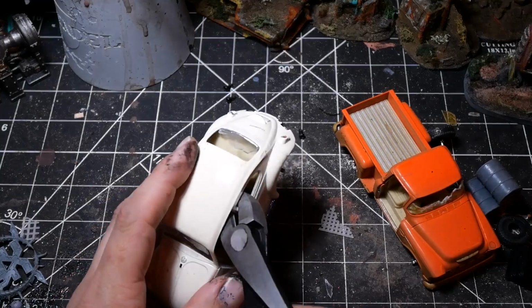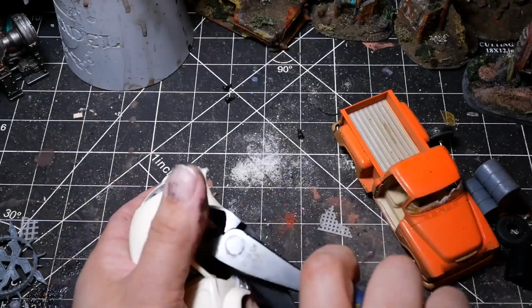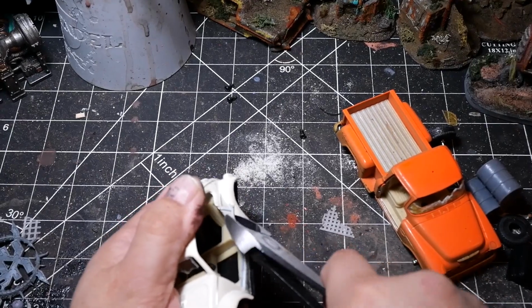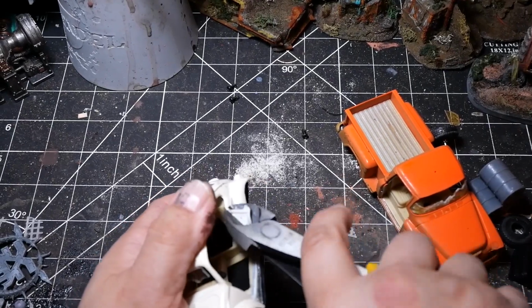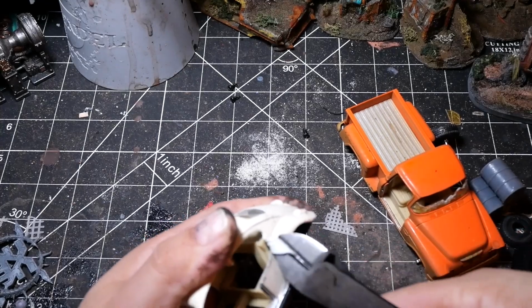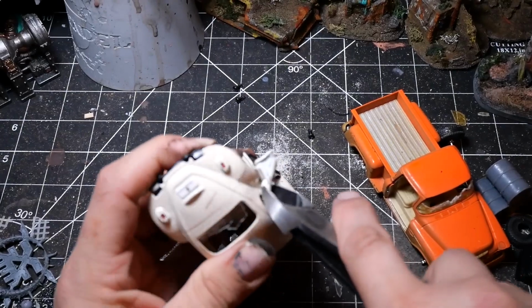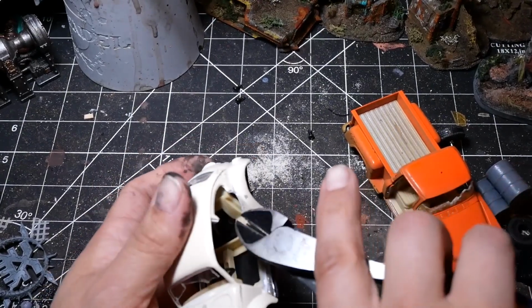Now, because these are die-cast metal vehicles, you're going to need some really heavy snippers in order to do any physical damage to them. You don't necessarily have to go through this step in order to get a good-looking final product. You can make a perfectly good wreck of a vehicle without doing any actual structural damage